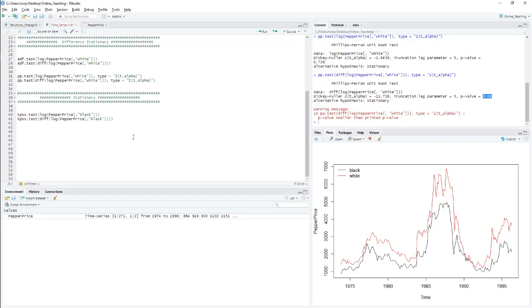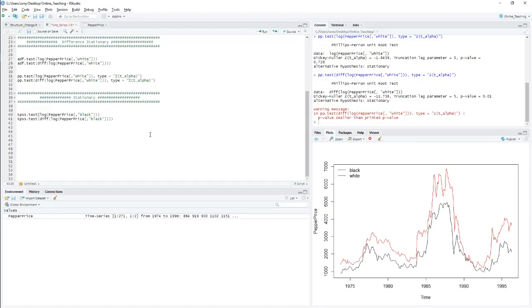That means you have to take one time series variable and do the test. So in the KPSS test, the null hypothesis is that the data is stationary, and the alternative hypothesis is that the data is non-stationary.